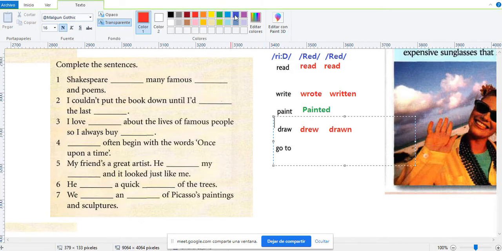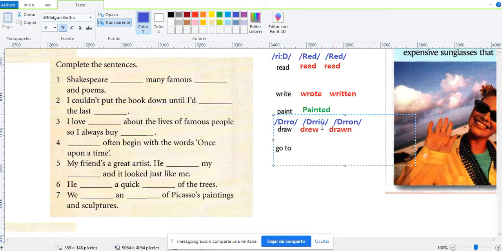So the pronunciation is kind of tricky, es algo complicada, but it is draw, draw. This is drew, con drew, and drawn, como un dron, drawn con R, no drone, drawn,